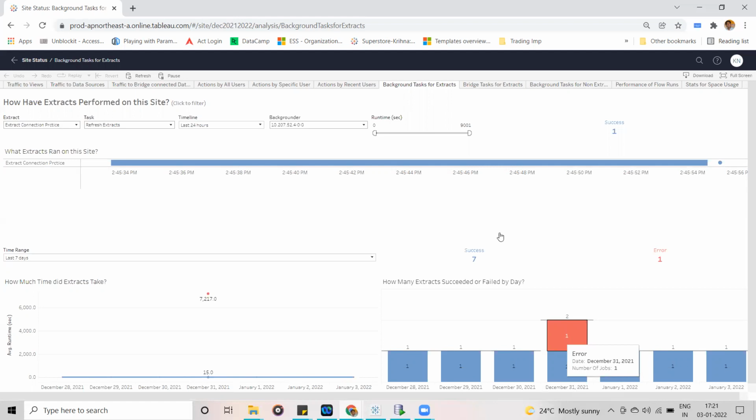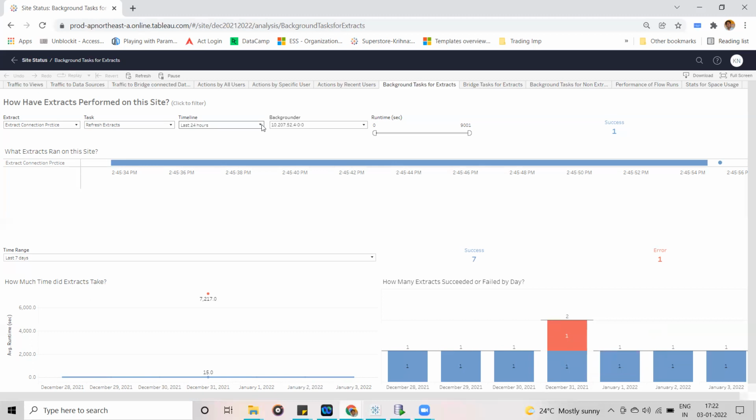The reason is, if you want to see why, whenever you are working in support or developing something, sometimes you need to look into the extracts, whether they succeeded or failed. If the extract failed, you have to take the necessary action, which means you have to resolve that issue. So first of all, how are you going to identify what the issue is? Now here you can see when I keep the mouse cursor on it, it is not showing anything.